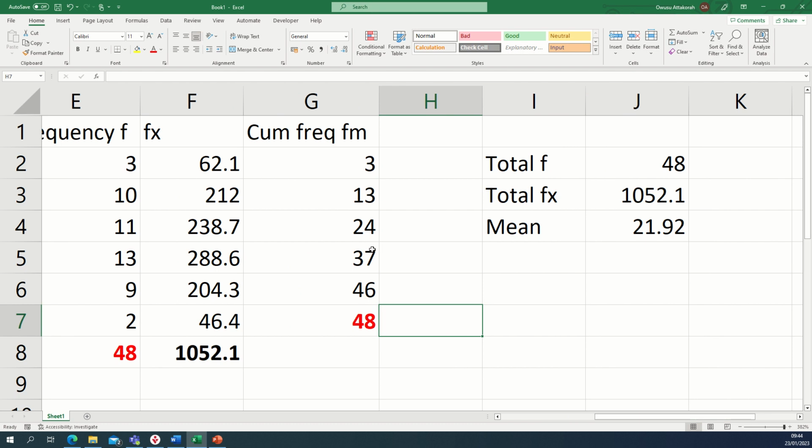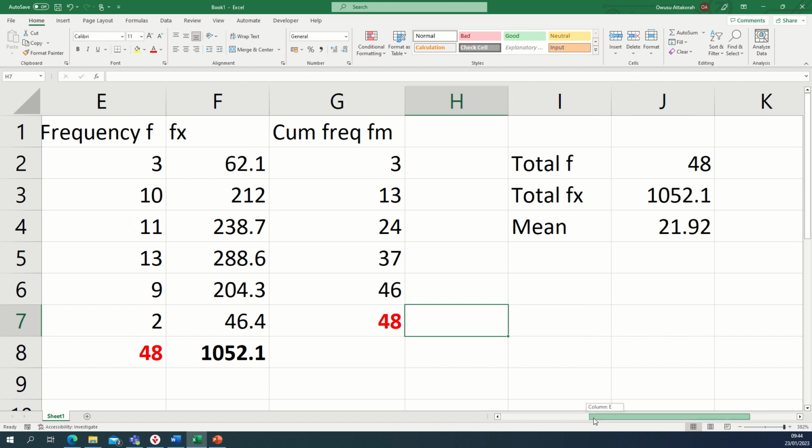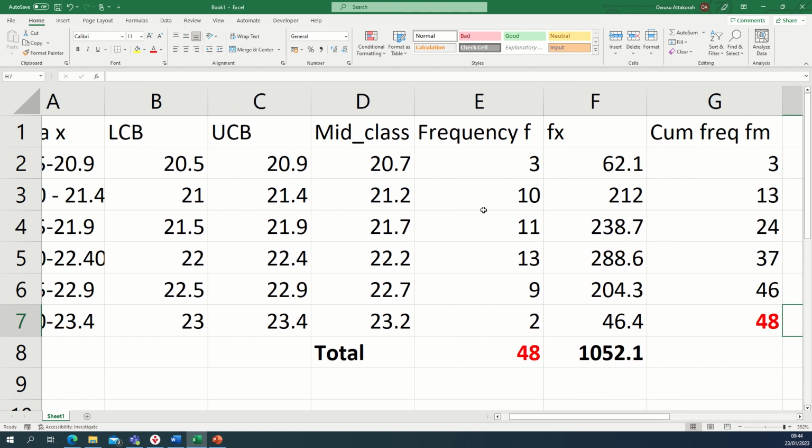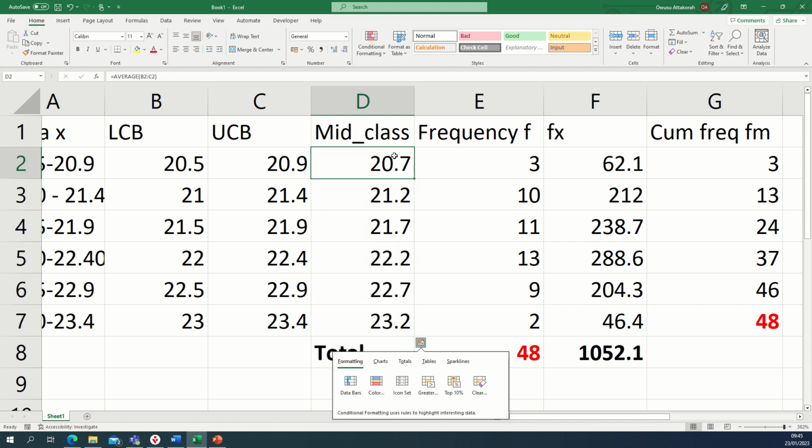We can now go ahead and construct our frequency polygon. Last time what I said was we have to make a way, because with the frequency polygon, if we select the midpoint, and I'm going to show you something here, and select this frequency. So if we select both